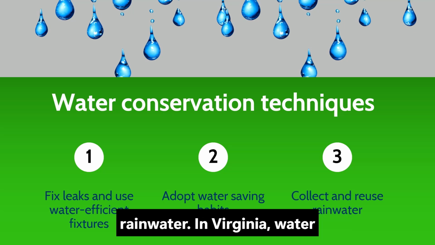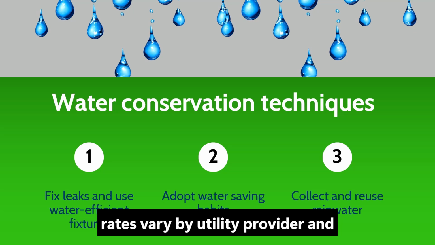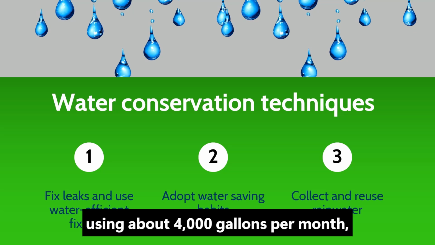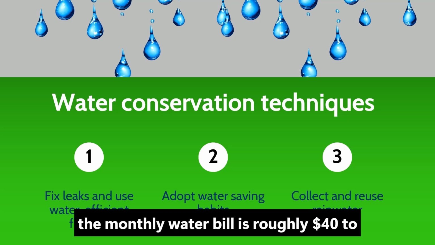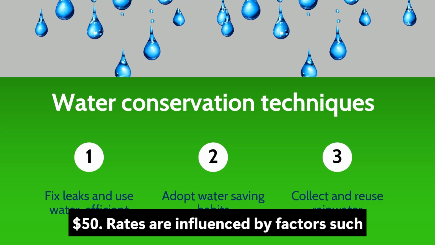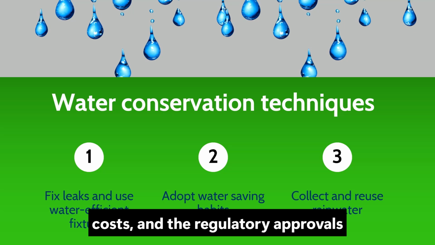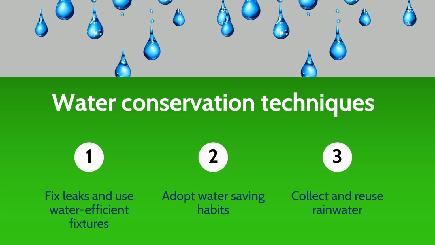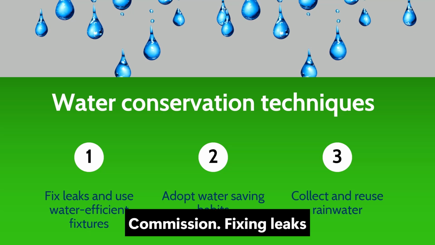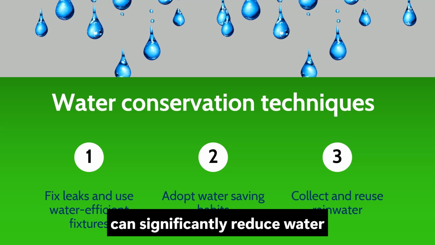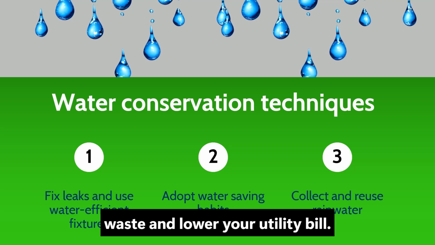In Virginia, water rates vary by utility provider and location, but for a typical household using about 4,000 gallons per month, the monthly water bill is roughly $40 to $50. Rates are influenced by factors such as infrastructure investments, treatment costs, and the regulatory approvals by the Virginia State Corporation Commission. Fixing leaks around the house is important because it can significantly reduce water waste and lower your utility